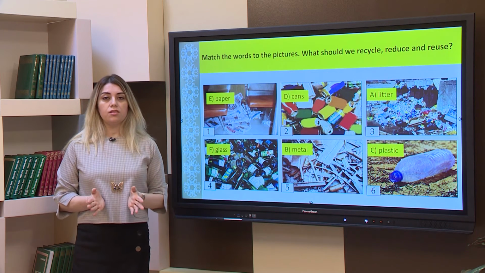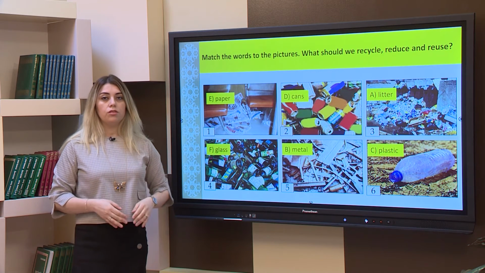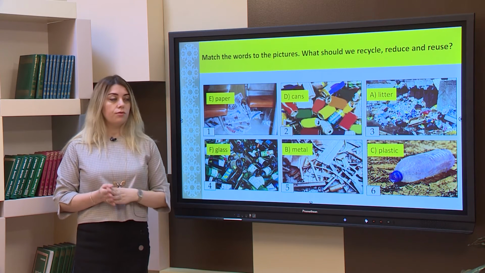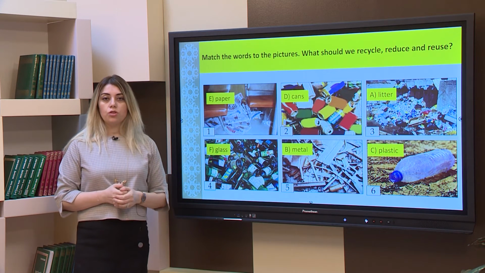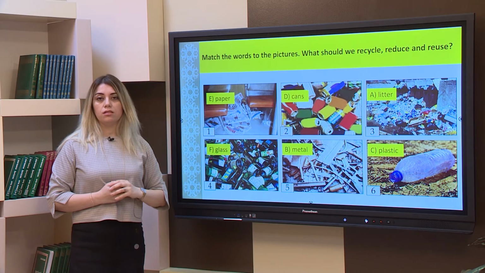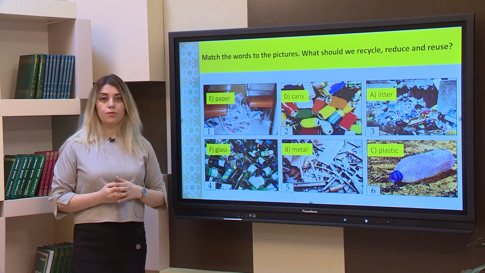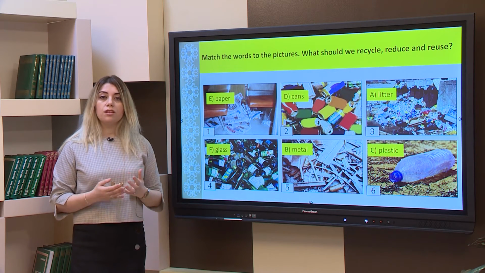What do you think, dear students? Which of these items we can reuse or reduce or recycle? For example, let's take paper. What can we do with the paper? Should we reduce them? I think no. We can recycle the paper, or we can reuse them. Instead of throwing them away, we can use them for